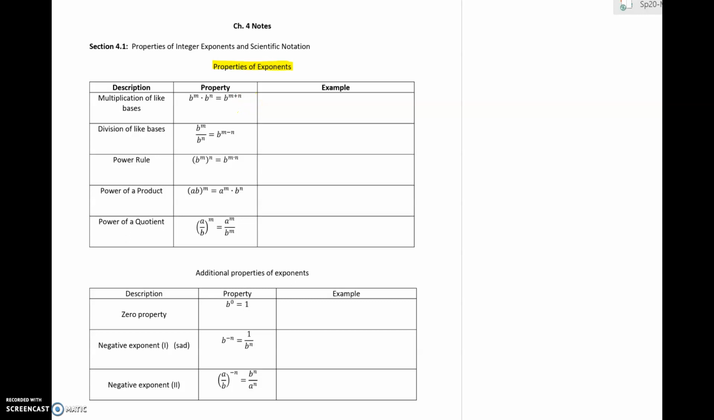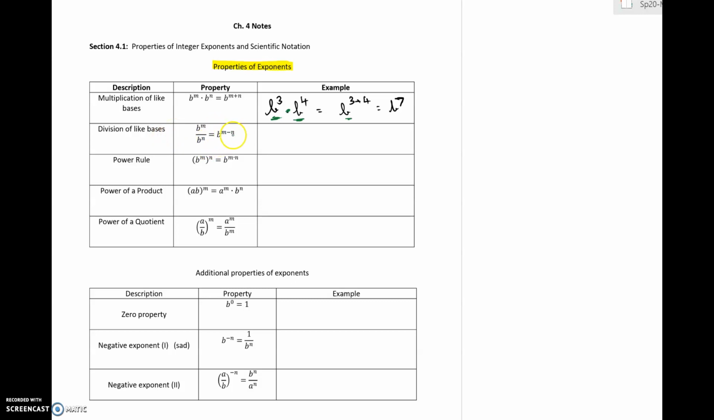To give you an example, if we have b cubed times b to the power 4, it is b to the power 3 plus 4, which is b to the power 7. You are going to add the exponents, making sure the bases are the same. And this is multiplication. And division of like bases, b to the m over b to the n, which is